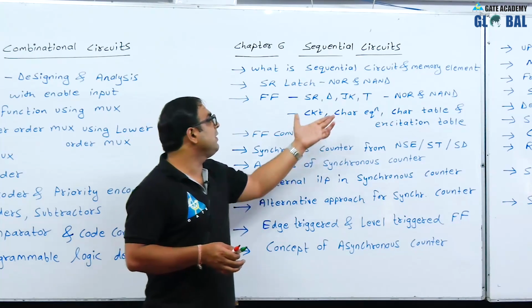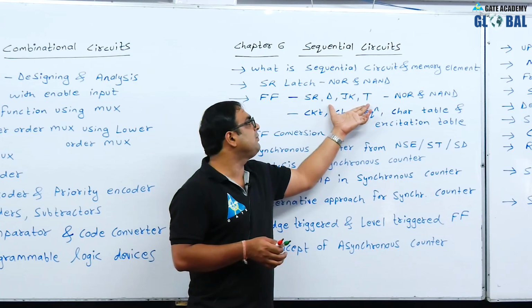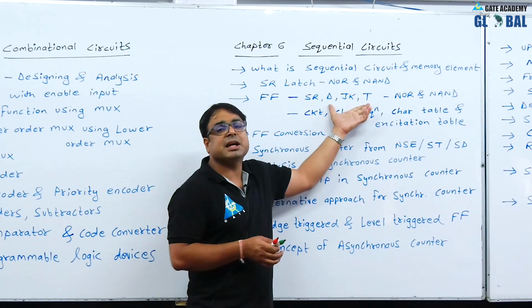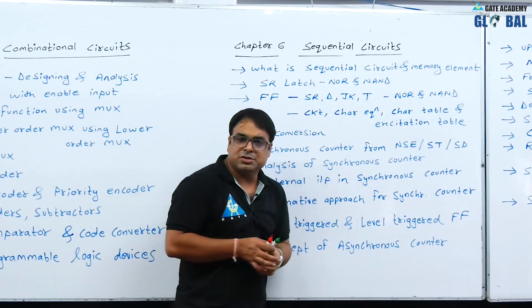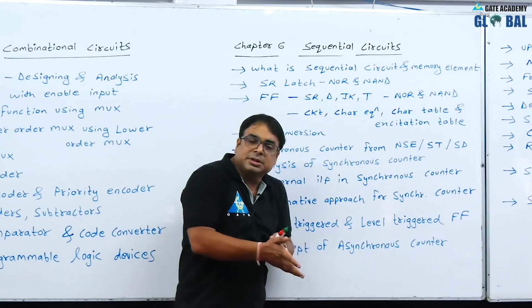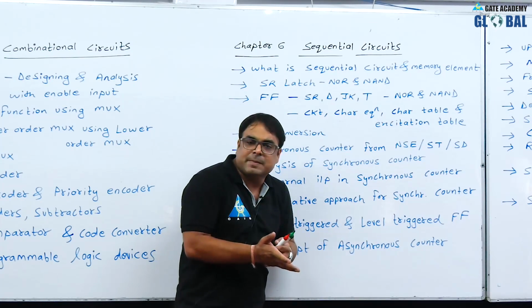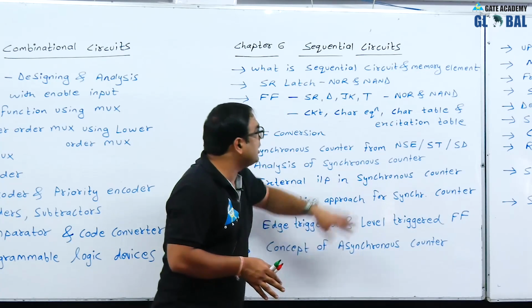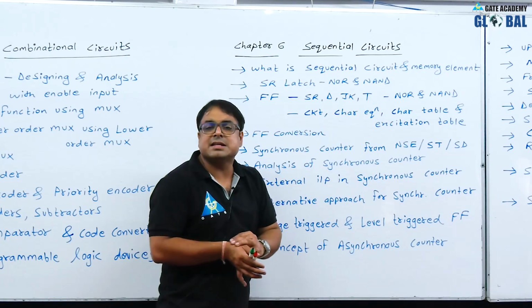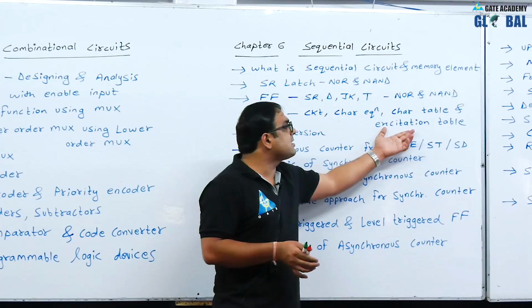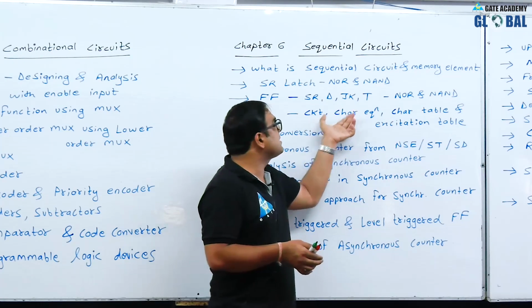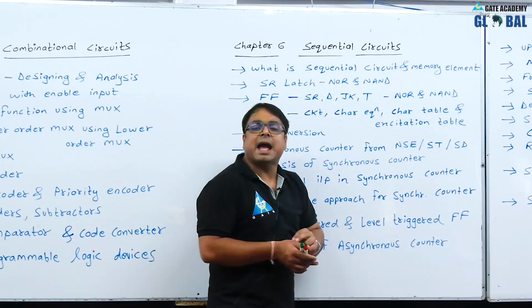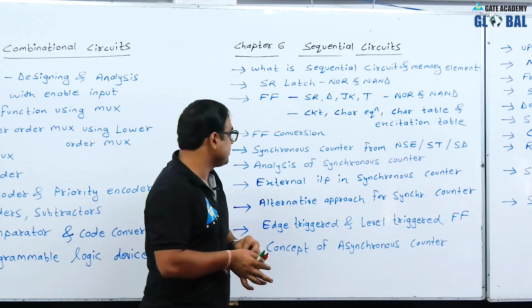In flip-flop, we will be studying all the four standard flip-flops: SR, D, JK and T. We are going to start from the circuit. Then we are going to discuss the truth table, the characteristics table, the characteristics equation, which is also called the next state equation, and the excitation table at the last. In circuit, we will be discussing both using NOR gate and using NAND gate.